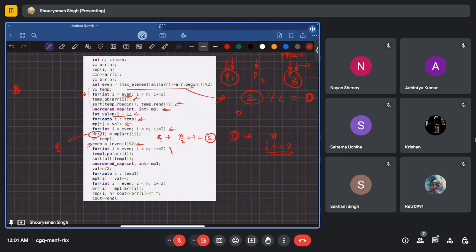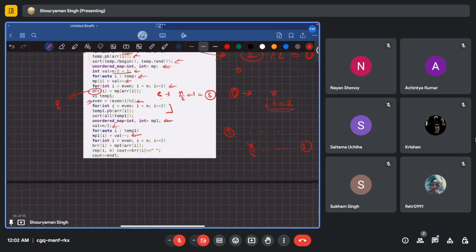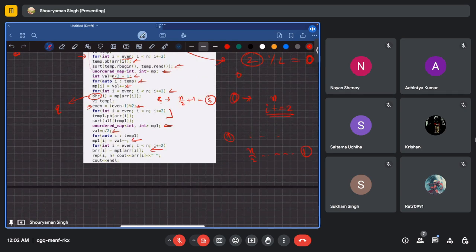देन यू डू दैट अगेन कि ऑड इंडेक्सिंग में सारे एलिमेंट्स को इनपुट ले लिया इनटू सम अदर टेम्परेरी एरे, सॉर्ट कर दिया। इस बार नॉर्मल सॉर्टिंग किया कि ये इनपुट छोटे से बड़े कर दिए है। फिर एक दूसरा मैप बनाए, वैल्यू तुम्हारा n/2 हो गया, क्योंकि अब तुमको स्टोर करना है कि n/2 एंड अकॉर्डिंगली लोअर जाना है विच इज स्टिल 1। स्टोर कर दिया, यहाँ पे भी वही किया, क्रिएट किया एंड डन हो गया। फिर तुम्हारा वही BRR में स्टोर कर दिया अगेन जैसे ऊपर किए थे एंड रिटर्न कर देंगे।